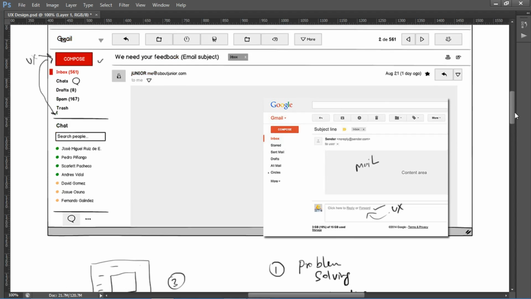If the product is good, the customer or the user will come again and use your product. That is the important key aspect for a UX designer. The designer has to think that every customer, whenever he uses the product, should come again and use it. That is a good design.